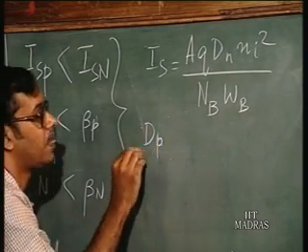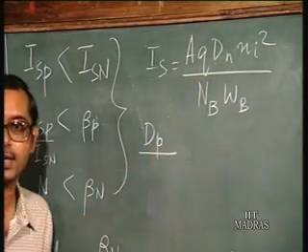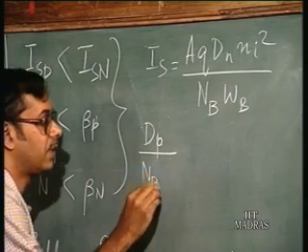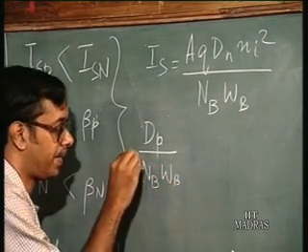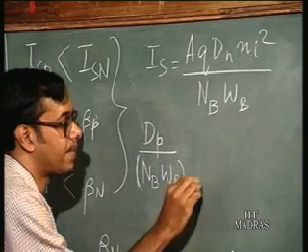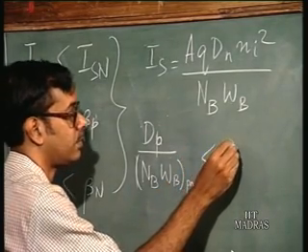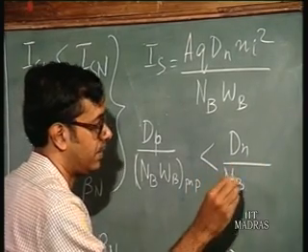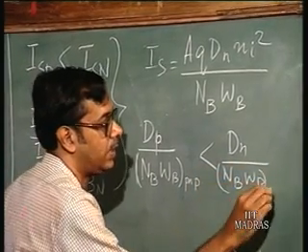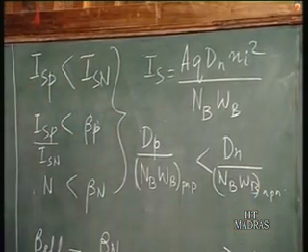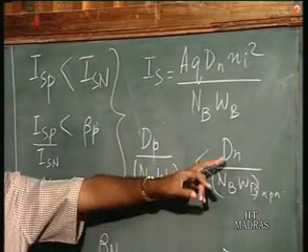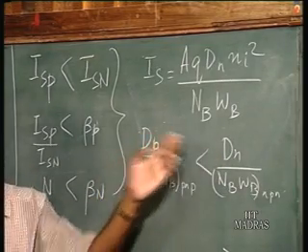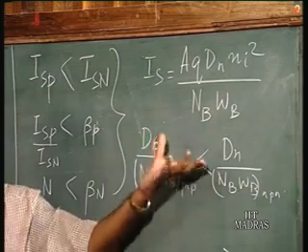ISP, so dP by, see, A Q Ni squared, they are constants. Okay. dP by NB WB of the PNP must be less than dN times NB WB of the NPN. Okay. Now, dP and dN, of course, dP is less than dN. Okay, that is the diffusion coefficient of holes is less than that of electrons because of the mobility difference,